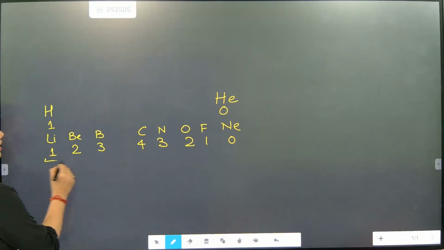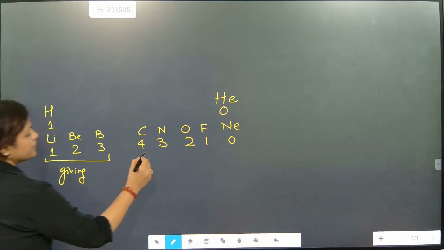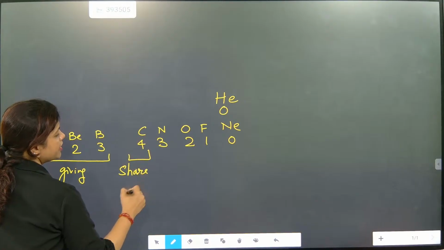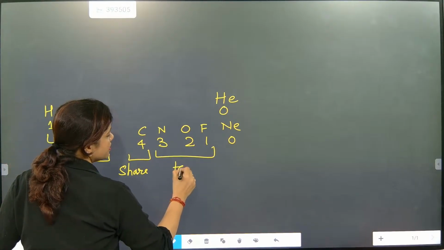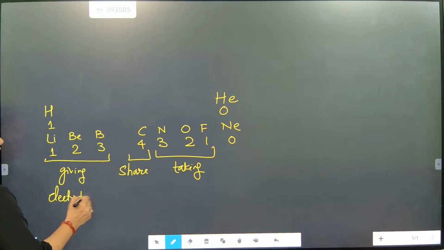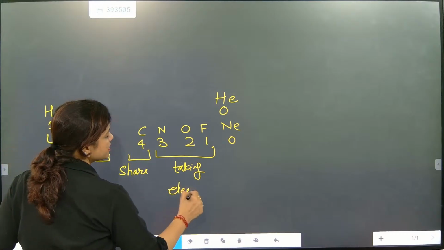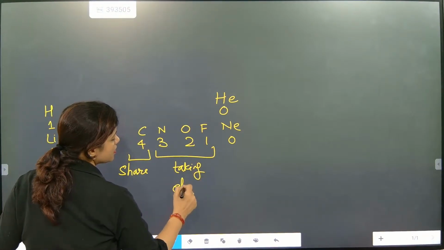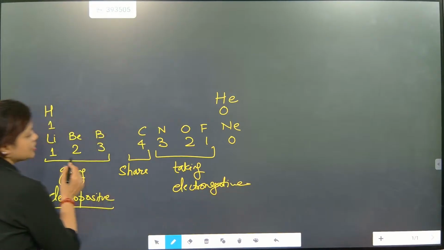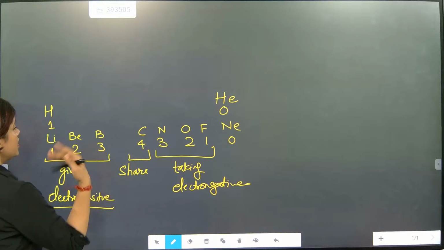So these three are electropositive because they are giving. This one is sharing. Understood? And this one is taking. So this will become what? Electropositive. After giving, what will you become? Positive. And this one is electronegative. So that means electropositivity reduces and electronegativity increases. Understood? Next comes